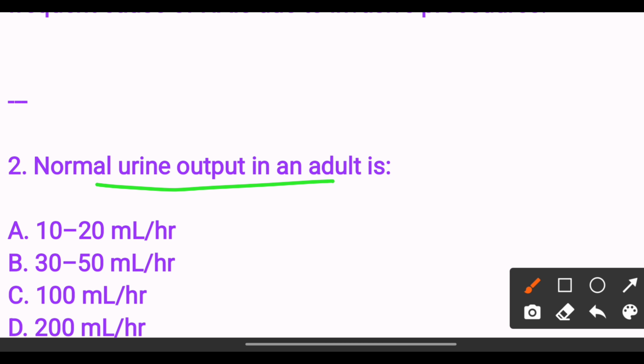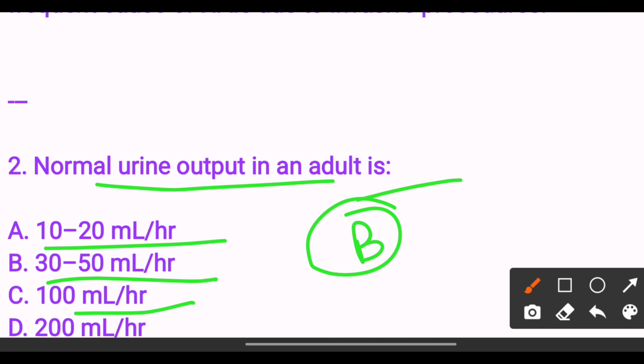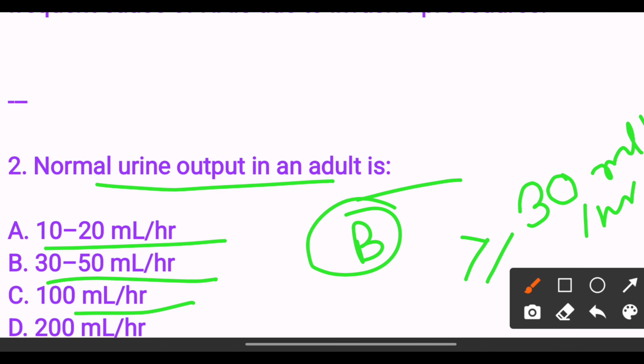Normal urine output in an adult is: option A 10 to 20 ml per hour, option B 30 to 50 ml per hour, option C 100 ml per hour, option D 200 ml per hour. The answer is option B, 30 to 50 ml per hour, because minimum acceptable urine output is greater than 30 ml per hour, indicating adequate renal perfusion. So the answer is option B. Next,